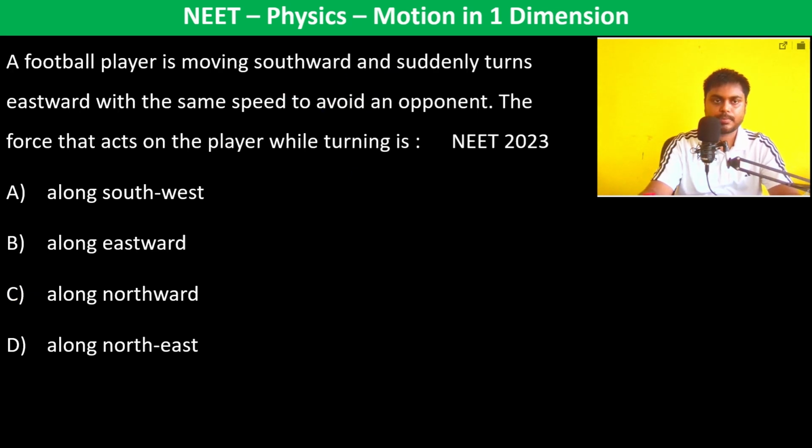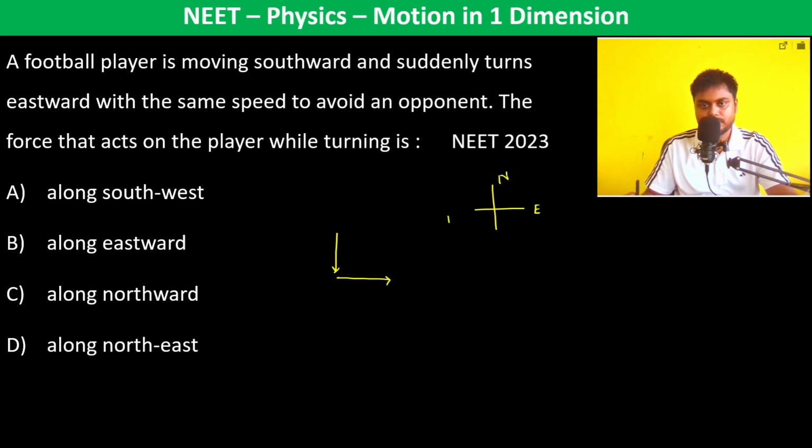Thank you. A football player is moving southward and suddenly turns eastward with the same speed to avoid an opponent. So he is moving southward and he suddenly turns eastward. Okay, because this is east, north, west and south. The force that acts on the player while turning is,